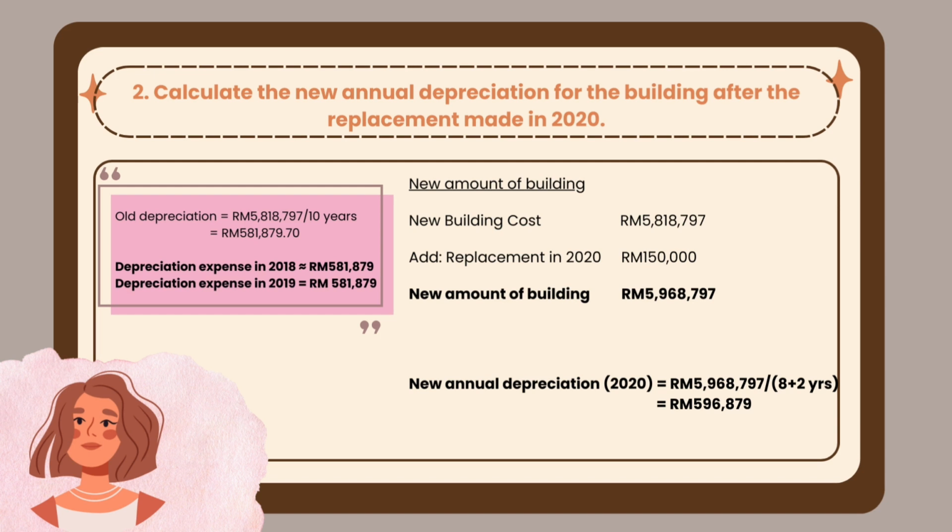Then we find the new amount of building by adding the new building cost and adding the replacement in 2020, which is the 150,000 ringgit, and it will have the new amount of building, which is 5,968,797 ringgit. Then we can divide it by 10, which is 8 plus 2 years, and we can get the new annual depreciation in 2020, which is